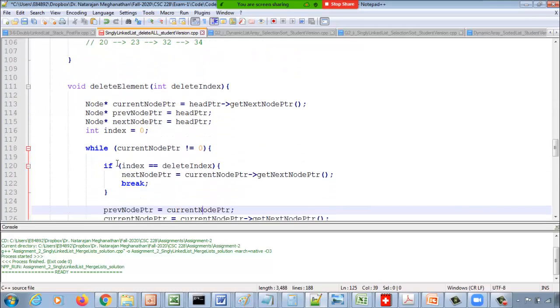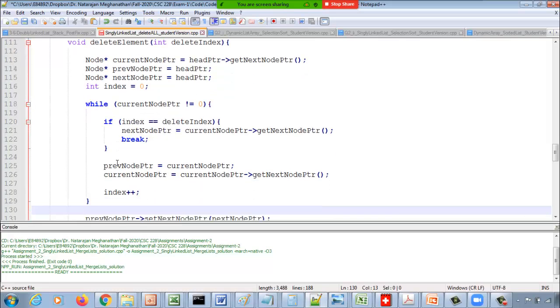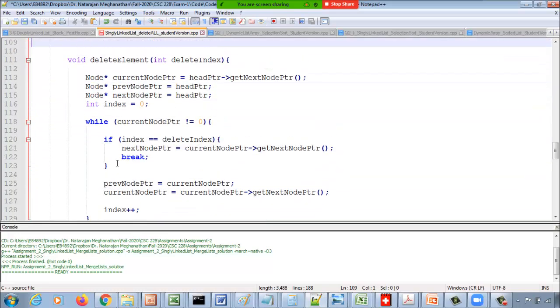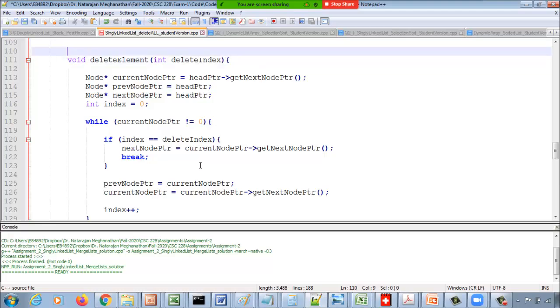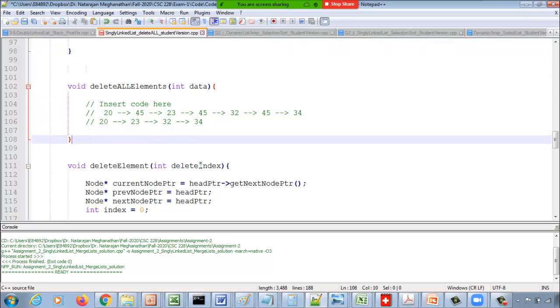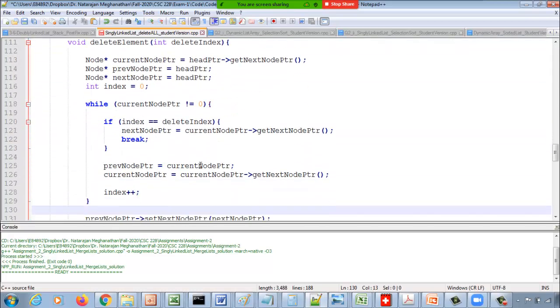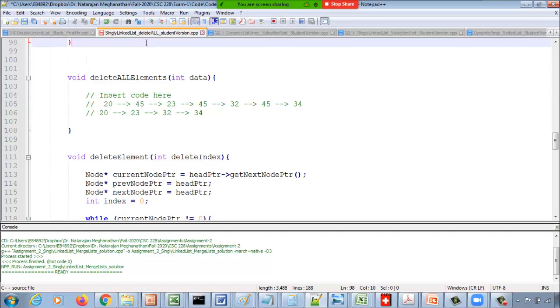The code that I gave you as part of this assignment will delete an element at a specific index, and we can use this logic to come up with the code for this. If you want, you can add a member function called delete element at with data. Now that function will delete only